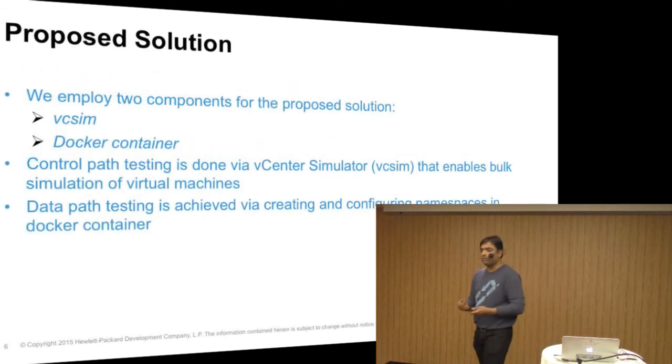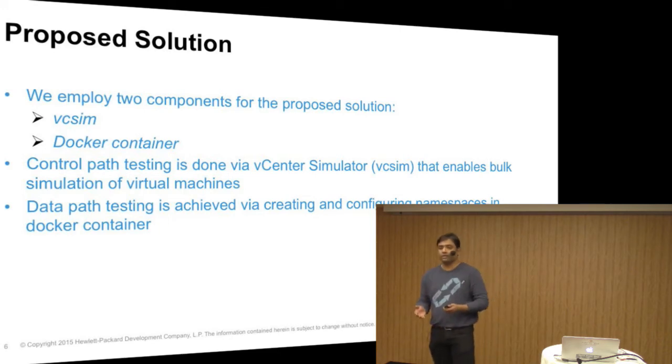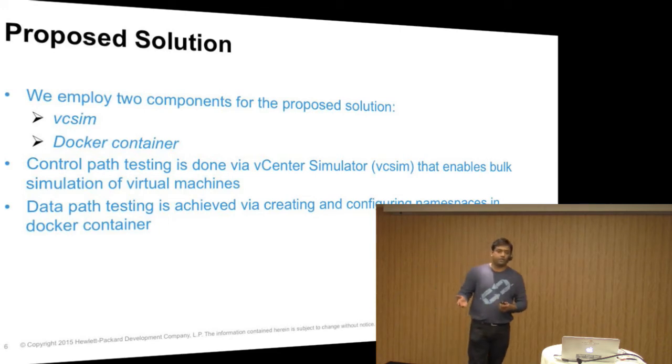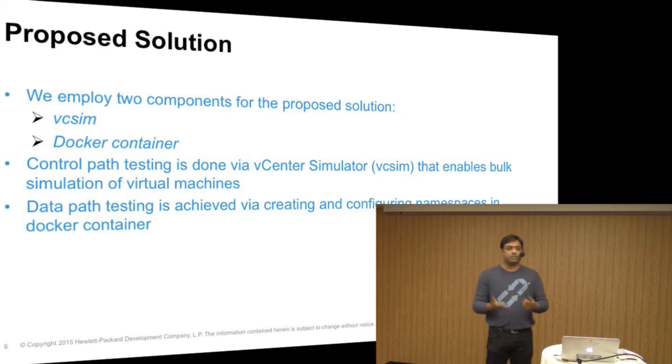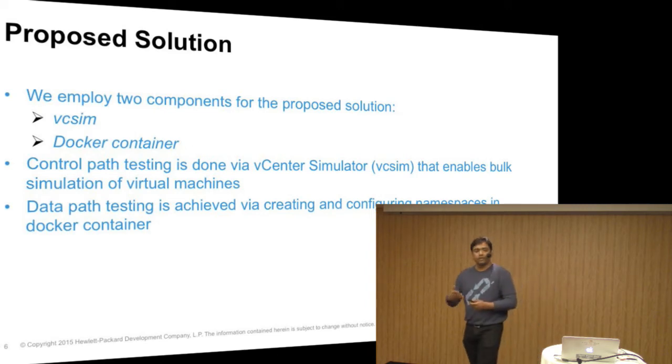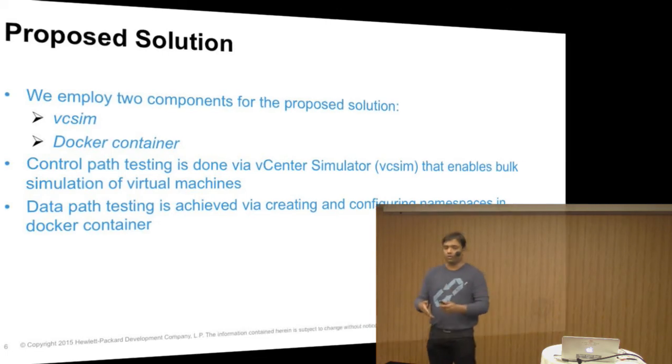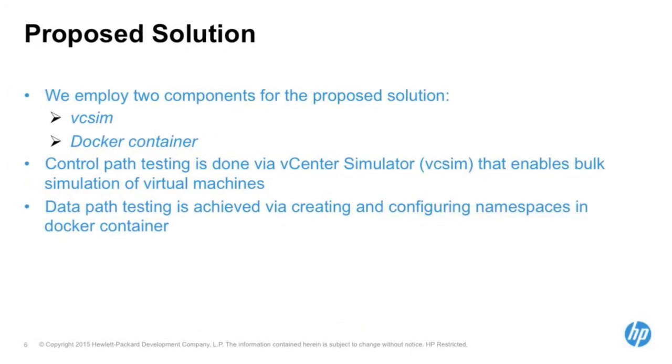So what we came up with was something called a VC simulator, which is there by VMware. So they have this vCenter simulation software, which simulates the ESXi hosts and the VM creation on those hosts, right? So it does that simulation, and it gives you real-time events, just like a real vCenter does, except there are no real hosts and no real VMs, right? So that's there. And then we made use of something called a Docker container. I'm sure all of you must be aware of that. So what we did was,